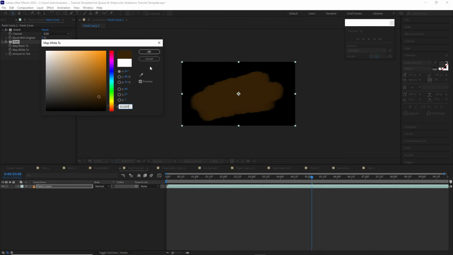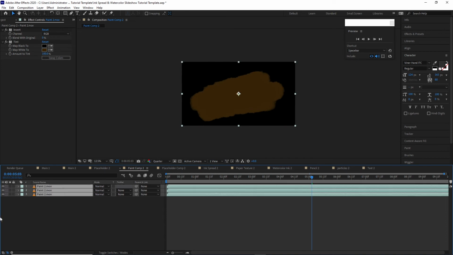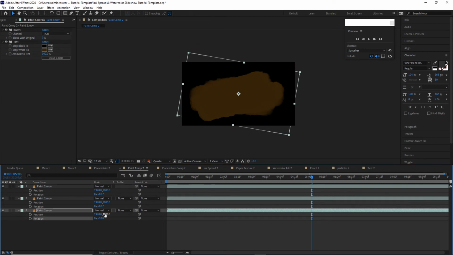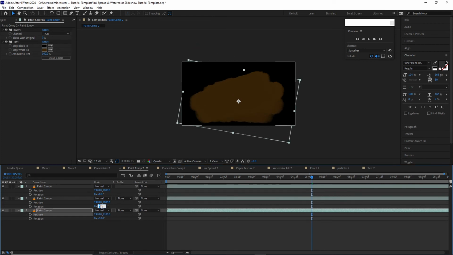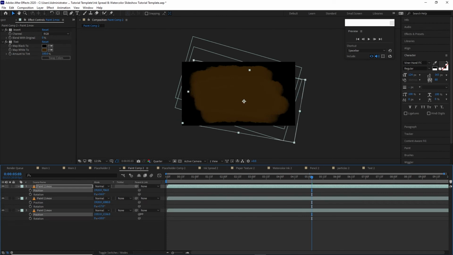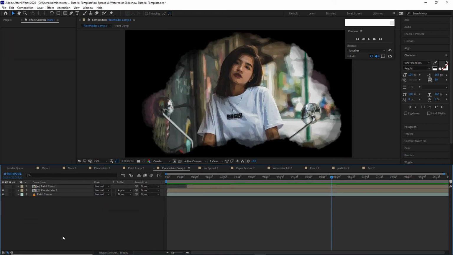3C2507. Then click OK. Highlight the Paint 2 and Ctrl D on your keyboard to duplicate it 2 times. Highlight all the layers, press P on your keyboard for the position and Shift R for the rotation. One by one, move it to your desired position. I think that should be good enough, and then I will go to the placeholder comp and press my keyboard